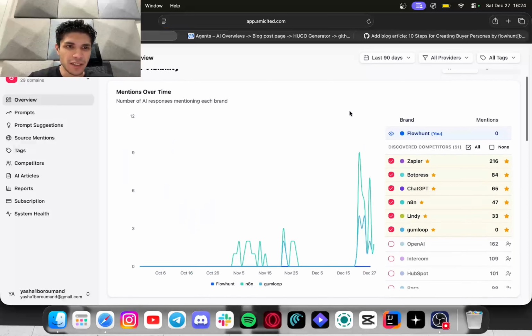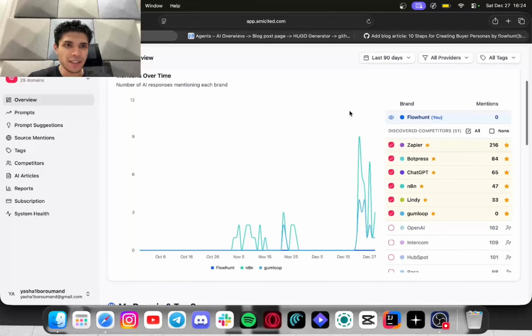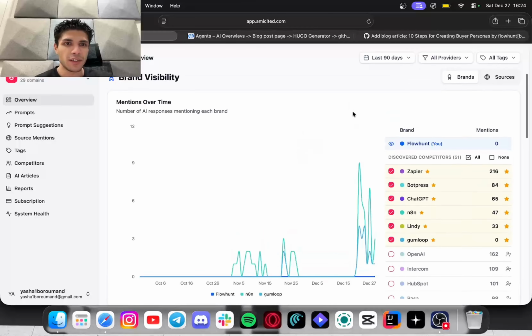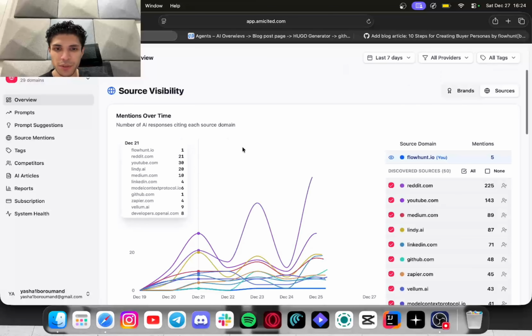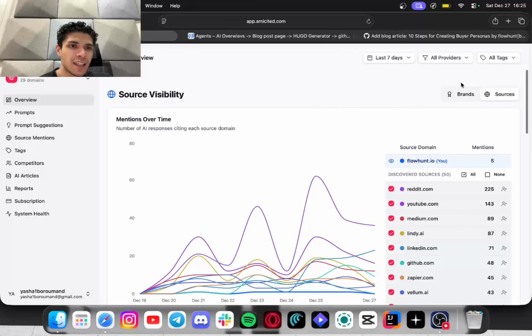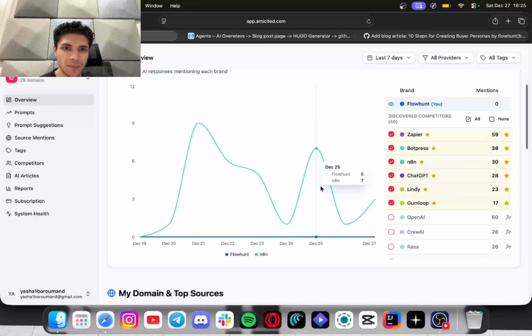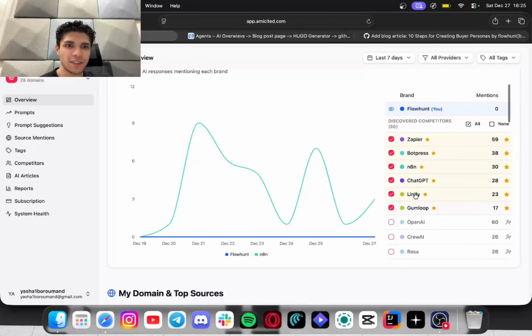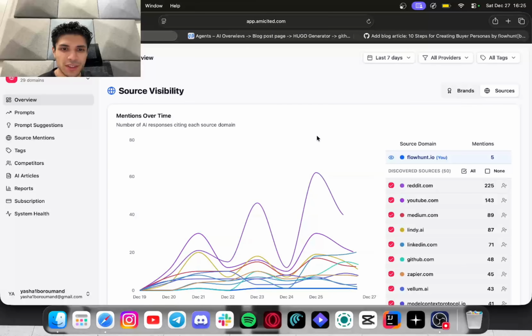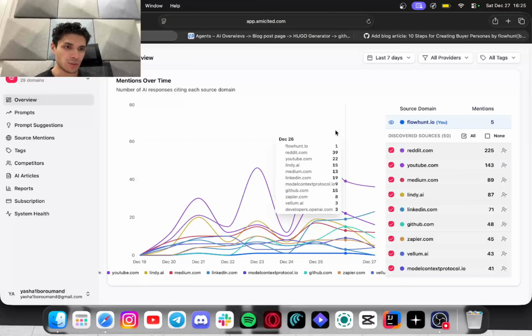After tracking this, Am I Cited will crawl all these web pages day-to-day and give you insight into your brand mentions as well as your sources, which of the sources are being mentioned. So if I show you the past 7 days for Flowhunt, you're gonna see the brands. These are the brands where either our competitors or Flowhunt are mentioned. You can also choose to add your competitors in here. So in our case, for example, Zapier, BotPress, n8n, these are the competitors that are added, as well as sources. Sources are the sources that ChatGPT or AI providers used in order to answer the question.